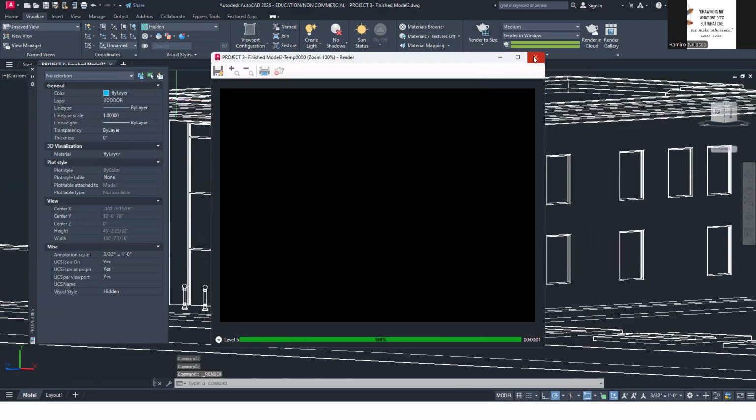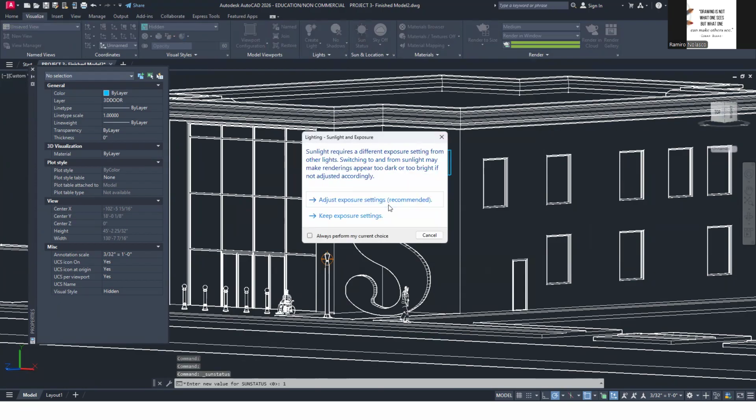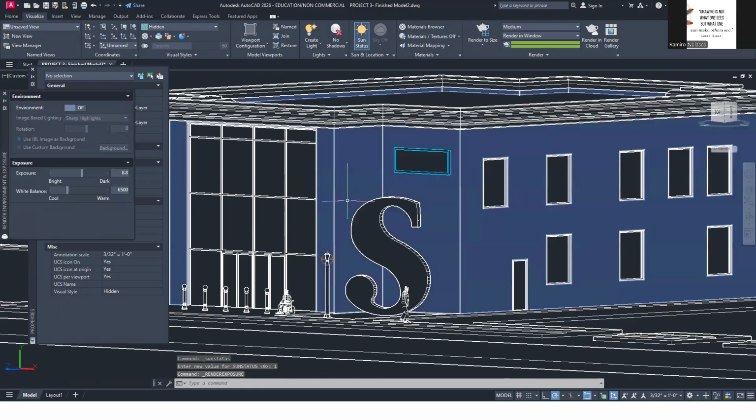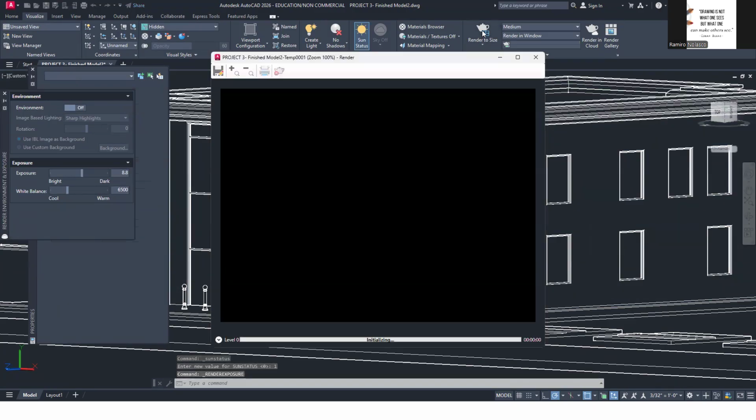Now, it's too dark. What we can do is add the sun. So here's another light source. So you can say adjust exposure setting. Okay. And let's see what happened.